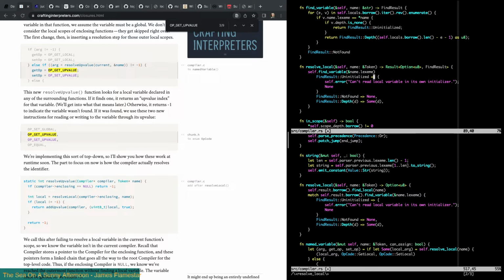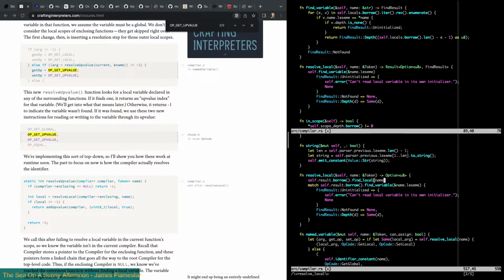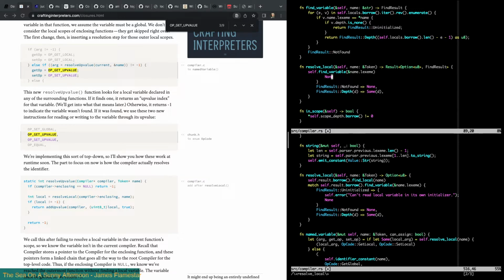So why am I moving this up? I need to move it up because it needs to be in here. This resolve local becomes what? All this has to translate to the option U8. Okay. So why can't this call